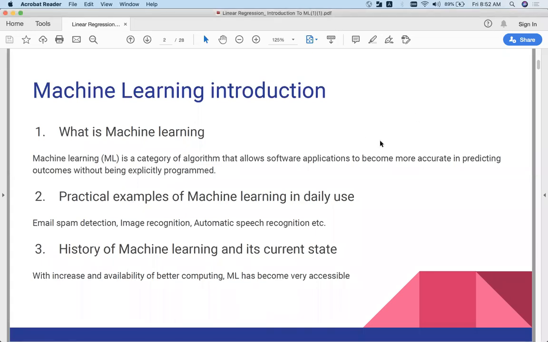Okay, so that's the conclusion around your statistics, all the things that you have to remember in statistics. What is the procedure when you're trying to build a machine learning algorithm? What are the steps that you have to take? So let's come back to these slides now. Let's start with machine learning. Now, can anyone tell me what is machine learning?